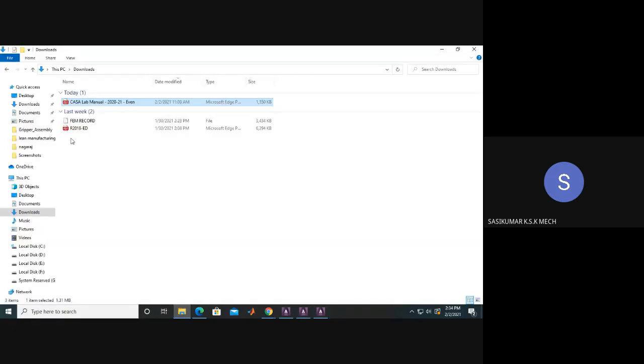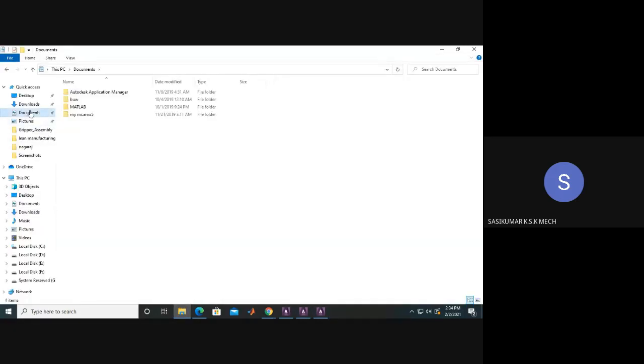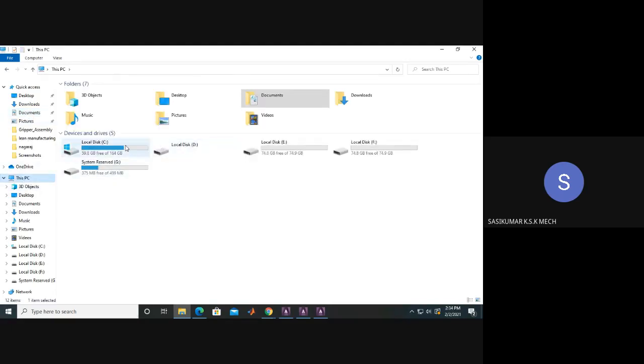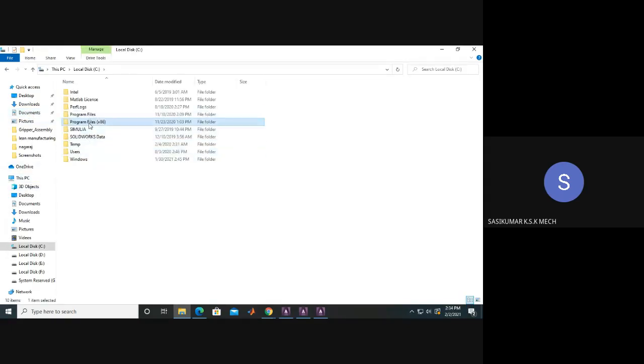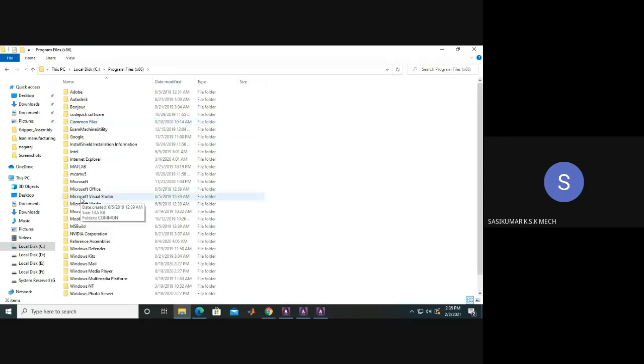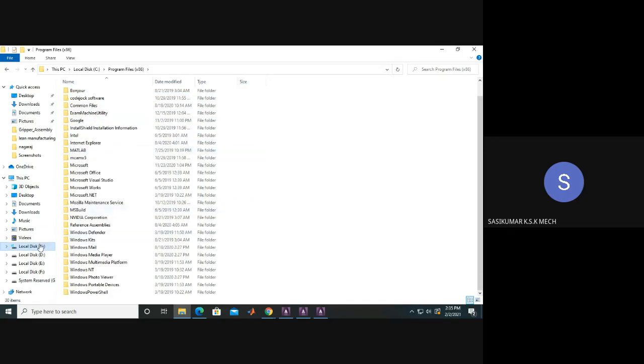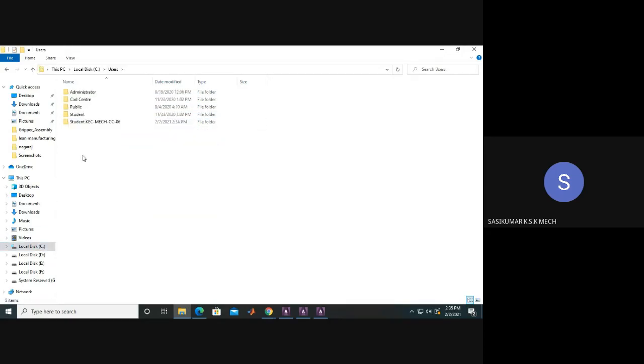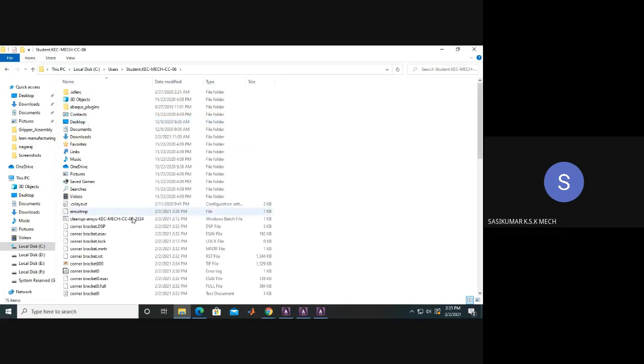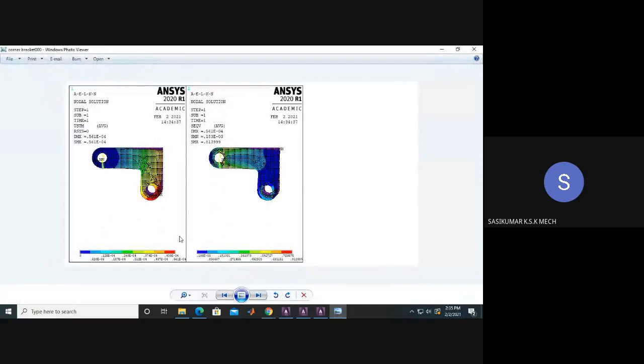So if you go to the location, you may find the corner bracket. So these are the results. Okay, so you can present this one.